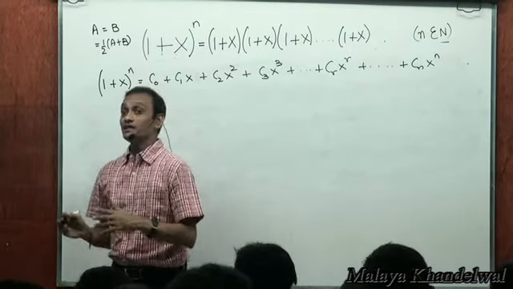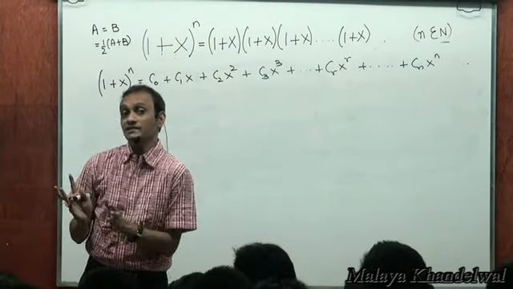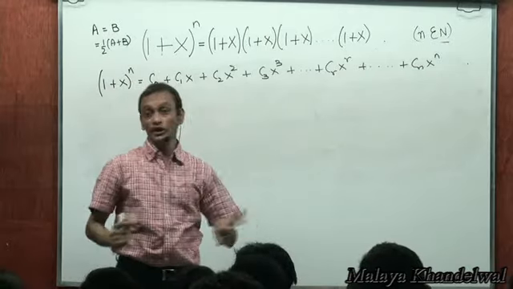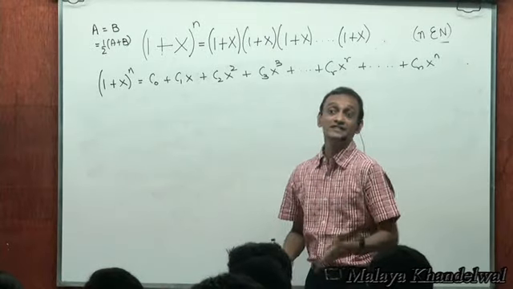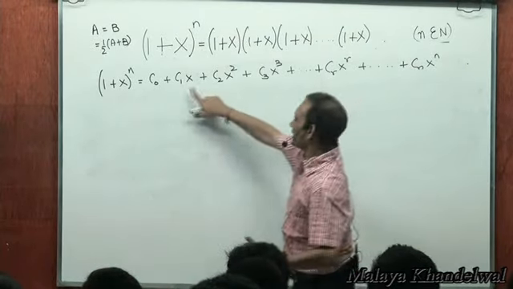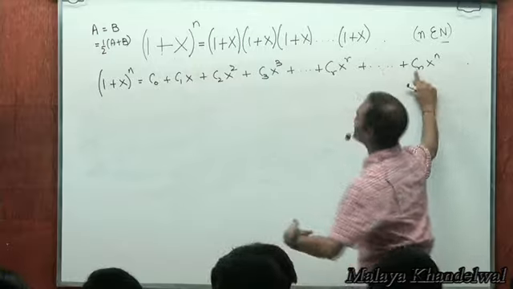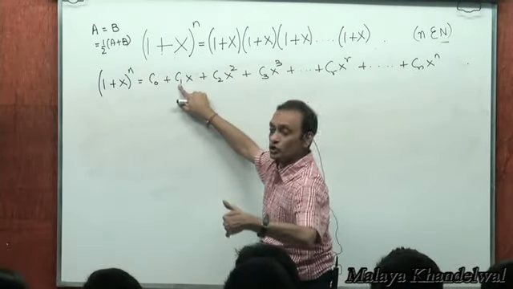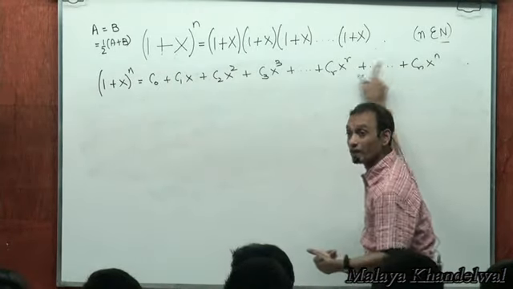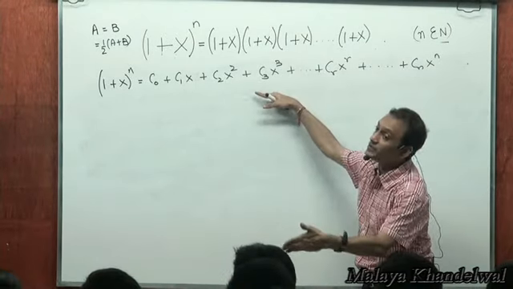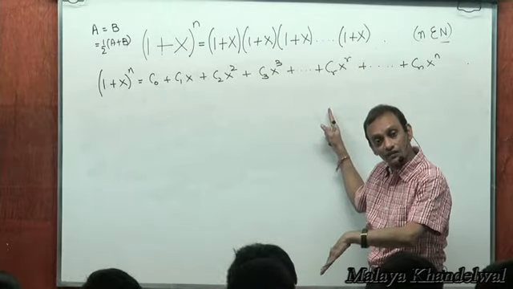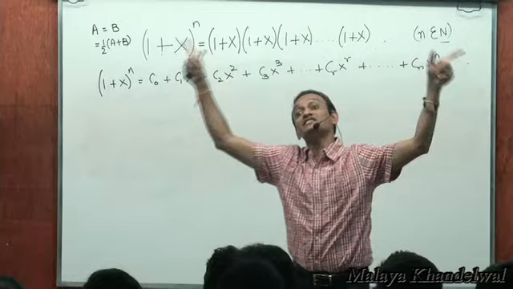And see, in this case, once you get it in this form, it takes no rocket science to figure out that nCr is the same as nC(n minus r). So you would expect nC0 to be the same as nCn, nC1 to be the same as nC(n minus 1), nC2 to be the same as nC(n minus 2), nCr to be the same as nC(n minus r), and so on and so forth,